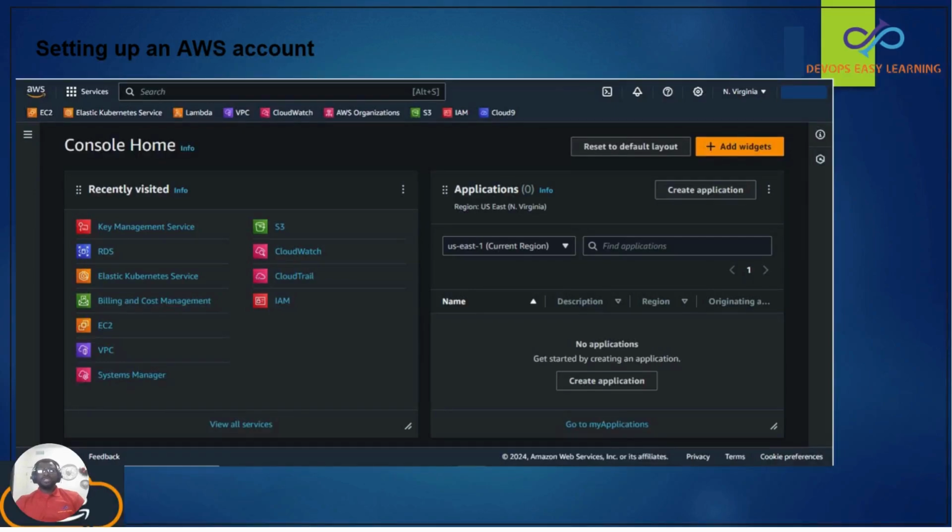This series is going to be hosted, like I said, on our DevOps Easy Learning channel. We are going to try to walk you through the whole intricate navigation of the AWS console. As you see right there, we're going to show you how you can set up a free tier account and set up a billing alert as well as a budget to manage how your expenses are being recorded. That way, you know when you're going over the free tier benefits, so you can cut yourself short and not break the bank in learning this program. We're going to guide you through all and steer you off those services that might cost you a pretty penny.